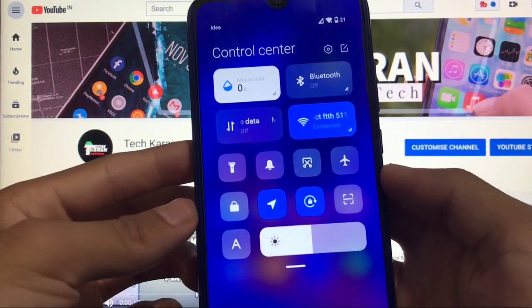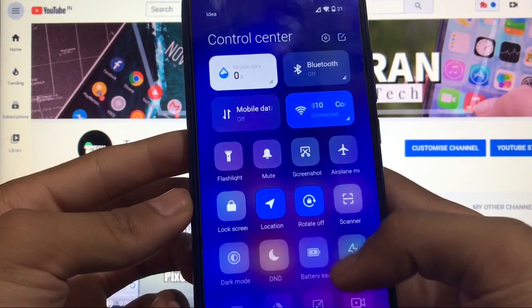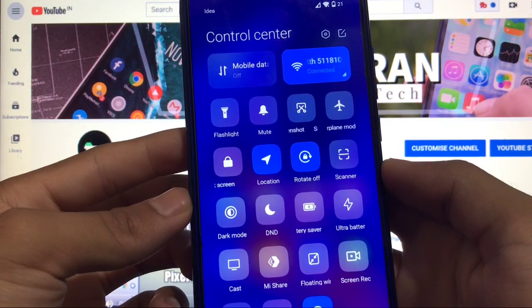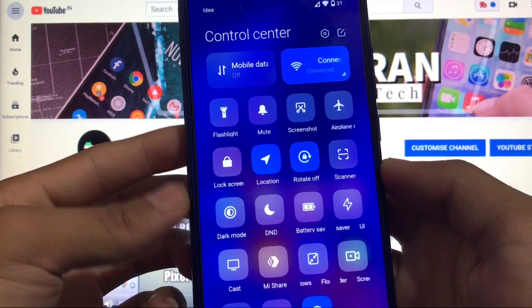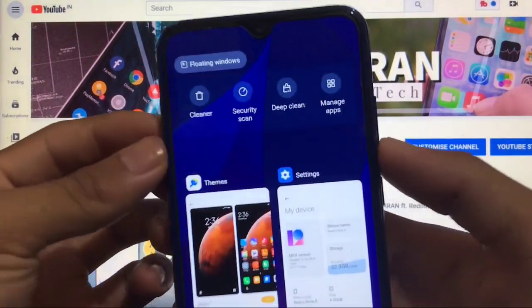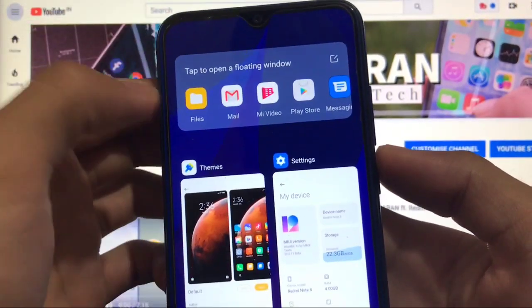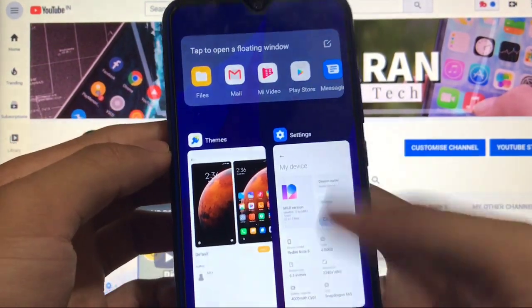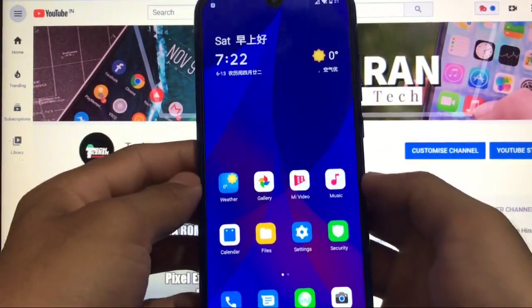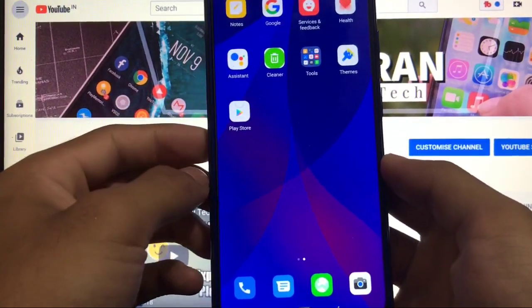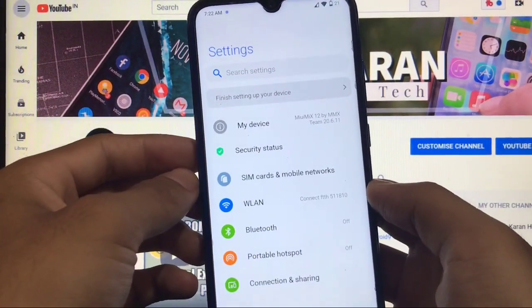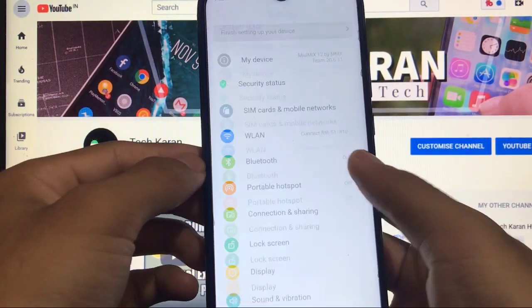If you talk about the control center, a little bit of themed icons are there, and the shape of the icons is also changed. These things are available here. All the main things are available, like dark mode, battery saver, and floating windows, etc. Everything is perfectly fine. When you go here, you can launch the floating windows. As you can see, when you click on floating windows, you have the option to choose whichever app you want to use as a floating window. These options are available in almost all builds. If we talk about MIUI 12, MIUI Mix does not have that much customization options like a stock build, but without having any ads. After applying the theme, you can see your settings may be changed like this.